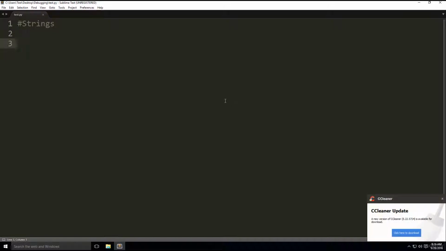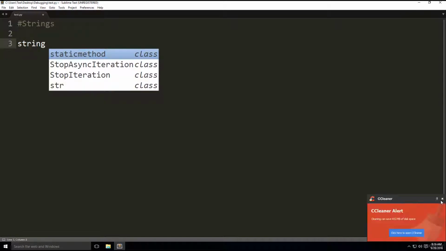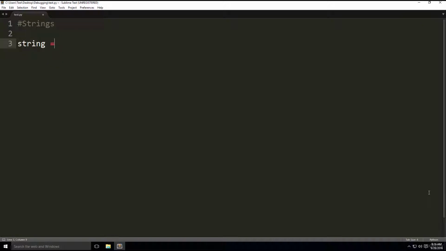If you remember in the previous tutorials, we have demonstrated how to define strings and how to assign a string to a variable. It looked like this. So we're going to have a variable called string. So string equals, and we use single quotes, I am a string in Python. Another way of defining a string